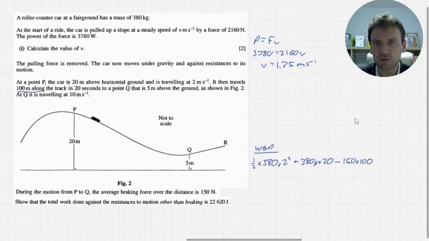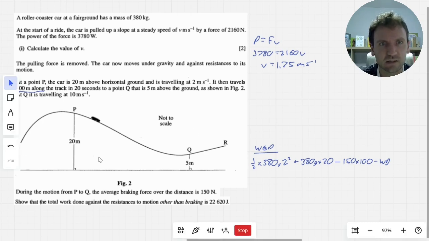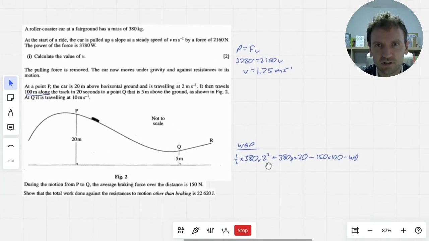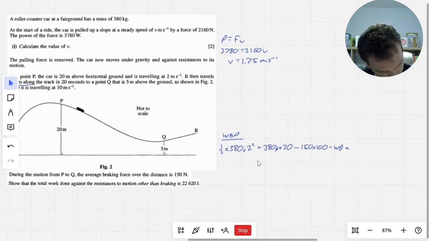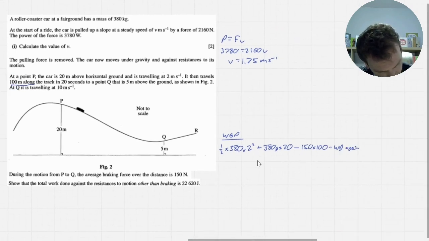We've then got the work done against resistance to motion. That's what we're trying to find. But we're going to be subtracting the work done against the resistance to motion. This is where language is a little bit weird. The work done by resistance is negative. The work done against resistances is positive. So we're going to get subtract work done against resistance